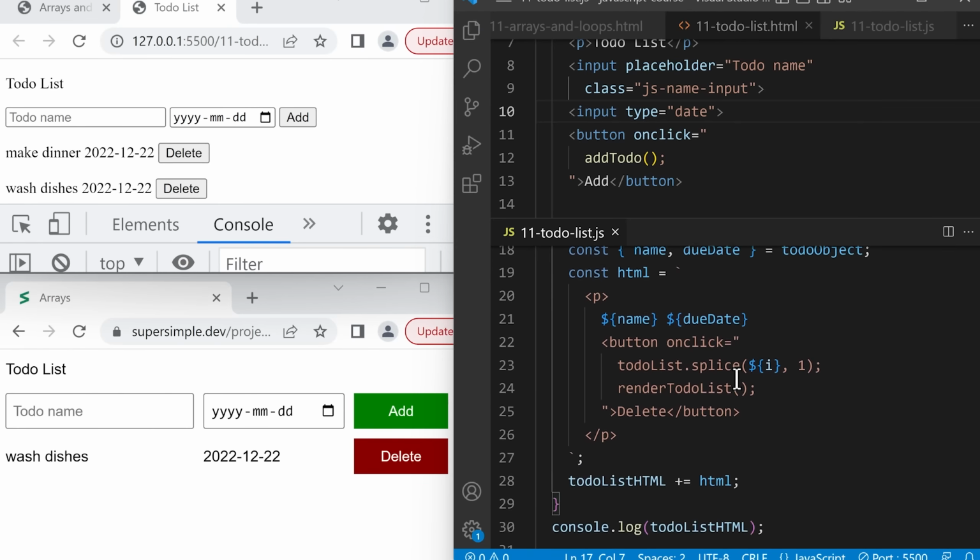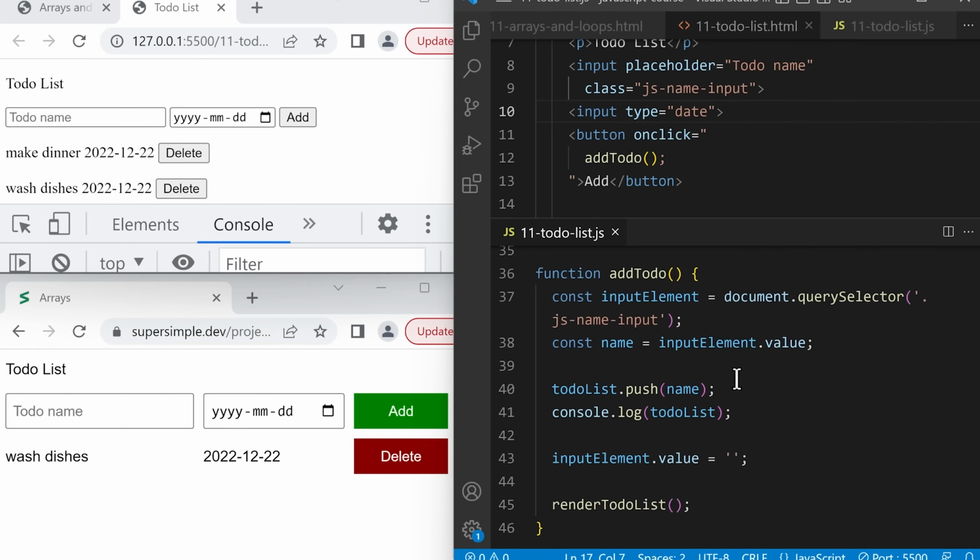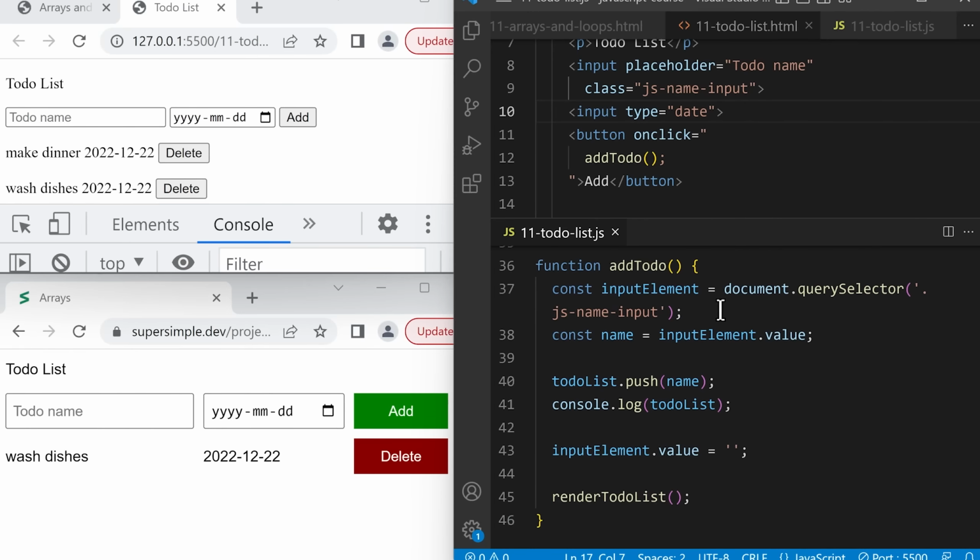Next, let's scroll down, and we're going to update our addTodo function. So this time, when we click the add button, we're going to get the name and the due date and put it into our list. So let's get the due date out of this date selector first. We can do that using the DOM like we did here. So let's add a class attribute so we can get it using querySelector